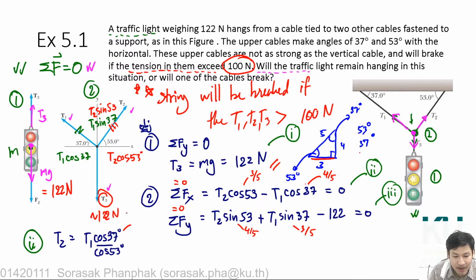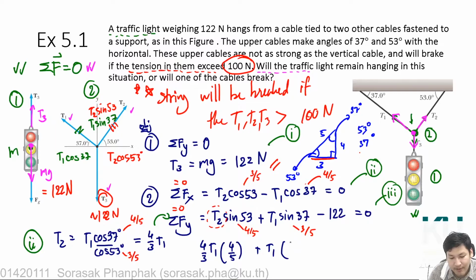So now with your 4/5 and 3/5, you finally get 4/3 of T1. So you can substitute equation 1 into equation 3. What are you going to get? You get 4/3 here. You substitute into this term, T2 and T1 multiplied by 4/5. And now you add T1 times 3/5